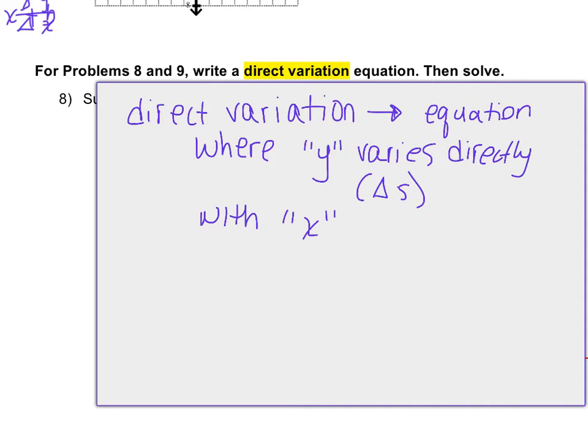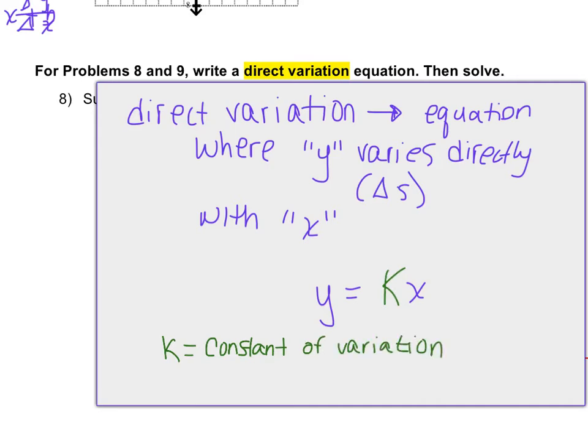When something is direct, it means it's straightforward. There's no extra stuff. That's kind of like the way I think of it when I think of y equals mx plus b, but you take away that extra b and you just get y equals mx. If there's no plus b, it can be considered a direct variation equation, where instead of calling k the slope, we call it the constant